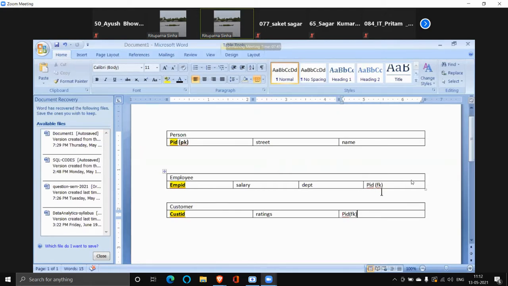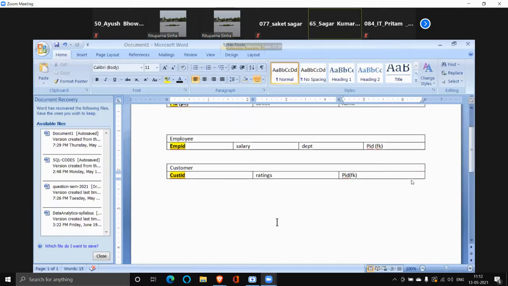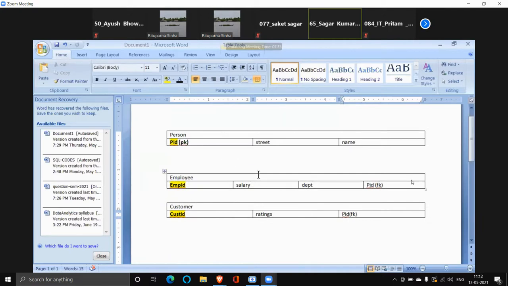Tell me the SQL syntax. Constraint, then name, then references, then the table name and the attribute. No, references takes the parent table name. A foreign key cannot refer to a child table. The parent table name, and within brackets, I mention the column name.